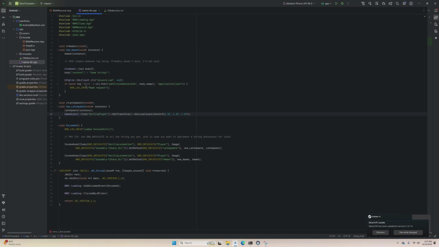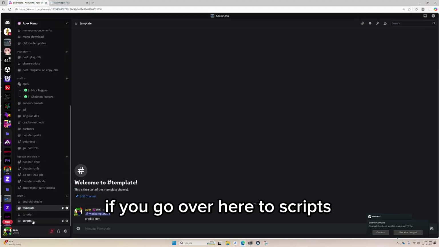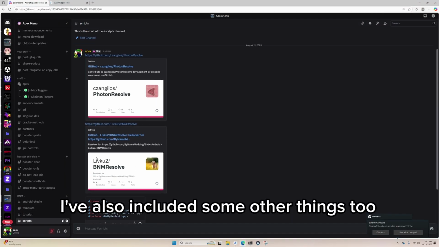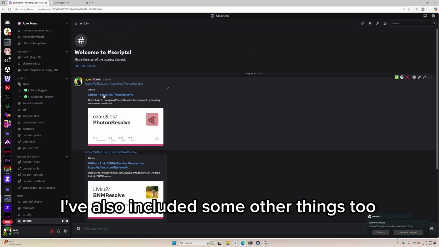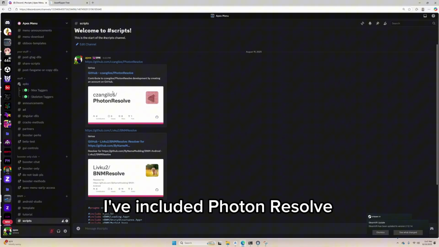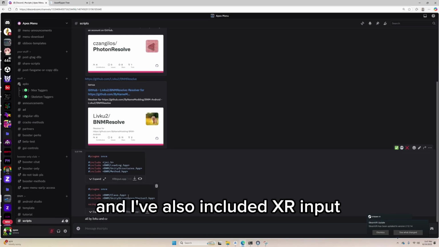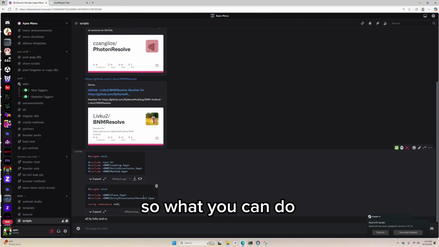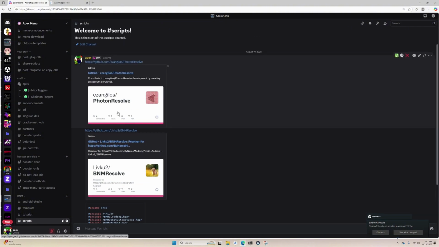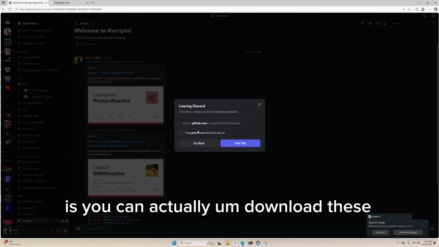And in the scripts, if you go over here to scripts, I've also included some other things too. I've included photon result, and I've also included XR input. So what you can do is you can actually